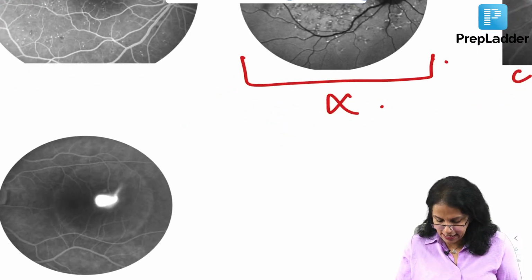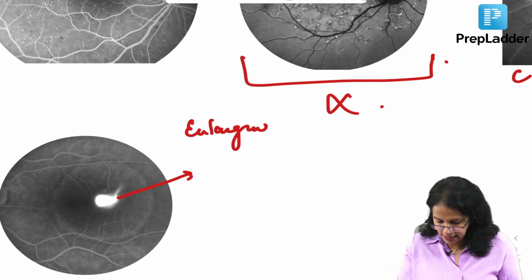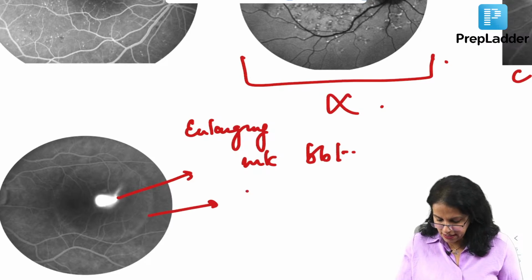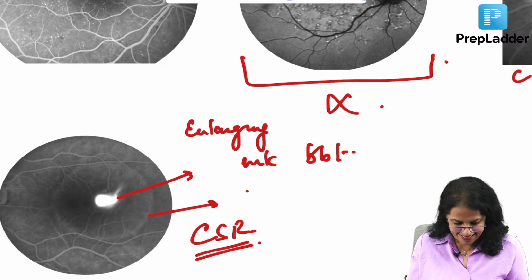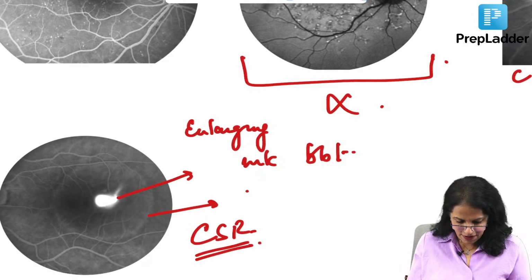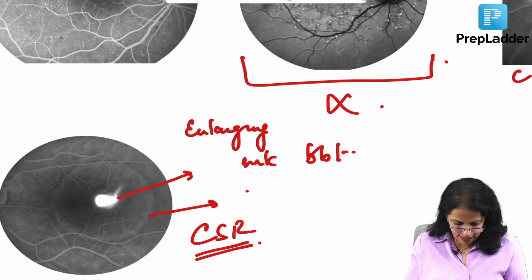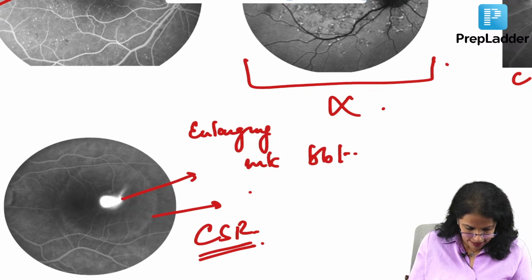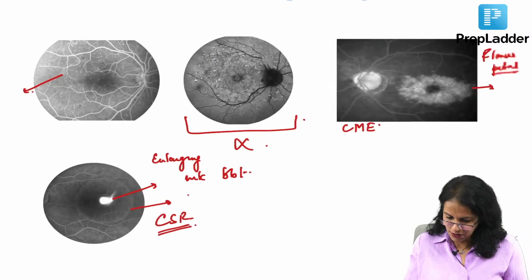Again, I can see the leakage in an enlarging ink blot fashion. This is what it is. And what do you see here? This is your ring reflex, which can also be seen. This is your CSR, that is central serous retinopathy. Okay? Very good, Twinkle. Yes, many of you have answered. Yes, Lubna Kausar, very good. This is what is